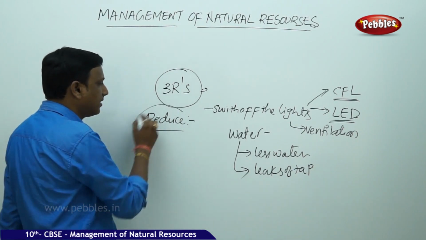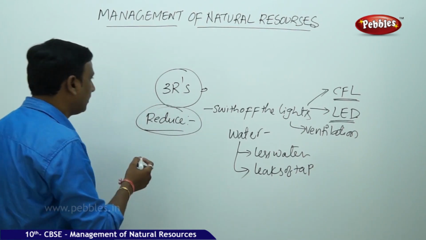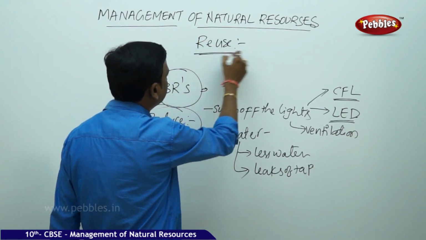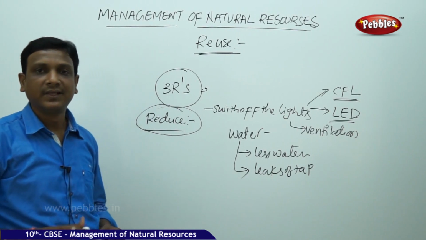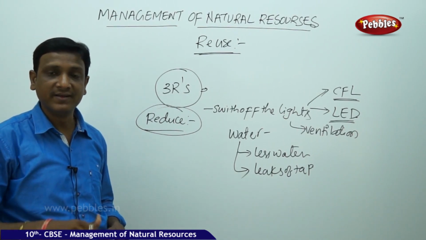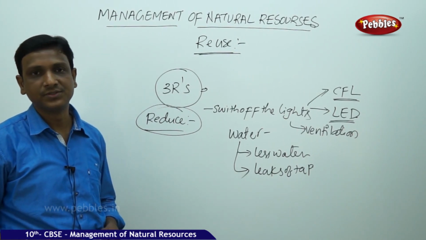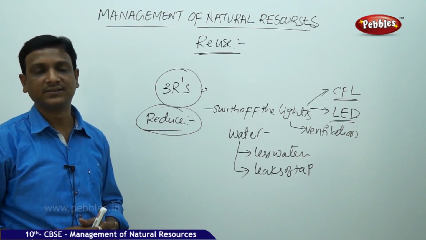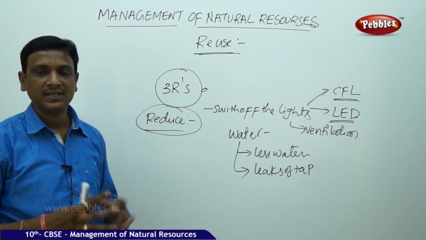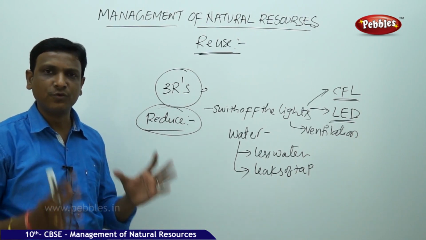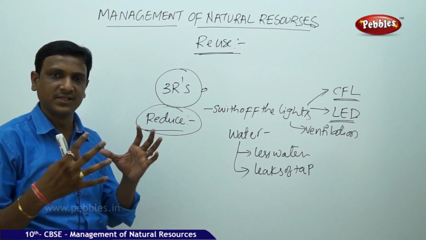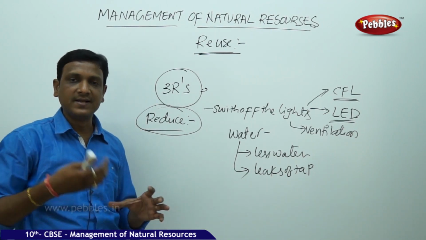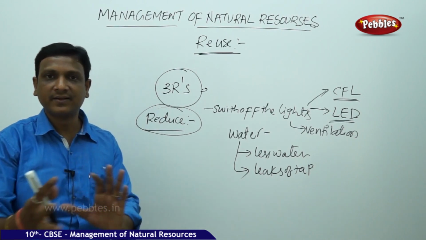So this is the first one, reduce. Let us talk about reuse. Certain resources can be reused. We can reuse them. So what can you reuse? We can reuse various kinds of containers, glass containers or plastic containers or bags. Many of the food items or different items that we purchase in the shopping malls are packed in different containers. Once we take out the contents, we need not throw the packing in the dustbin,